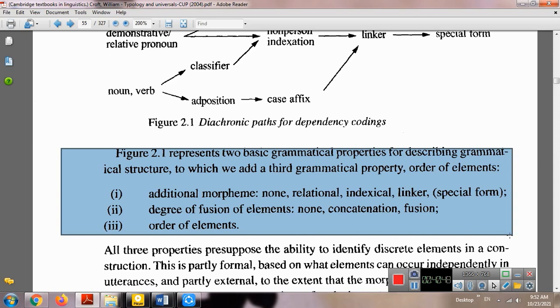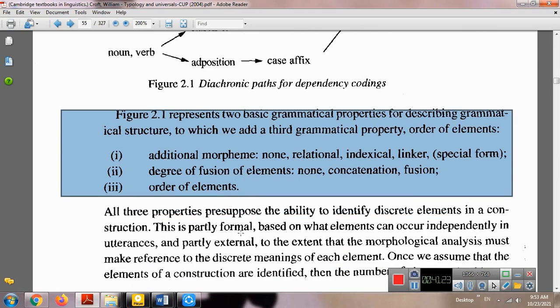One of them is the additional morpheme. Through the additional morpheme, we can express the grammatical structure, which can be noun, relational, indexical, linker, or special form. Additional morpheme can be represented in this way: relational, indexical, linker, special form, or noun. Another is the degree of fusion of elements. It can be noun, concatenation, or fusion. And the third item for describing the grammatical structure is order of element. All three of these properties, dear student,